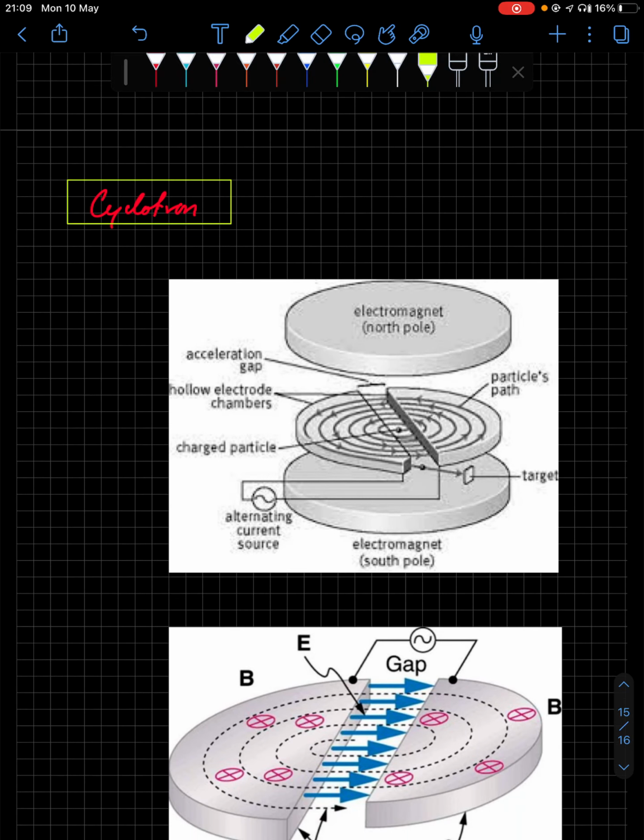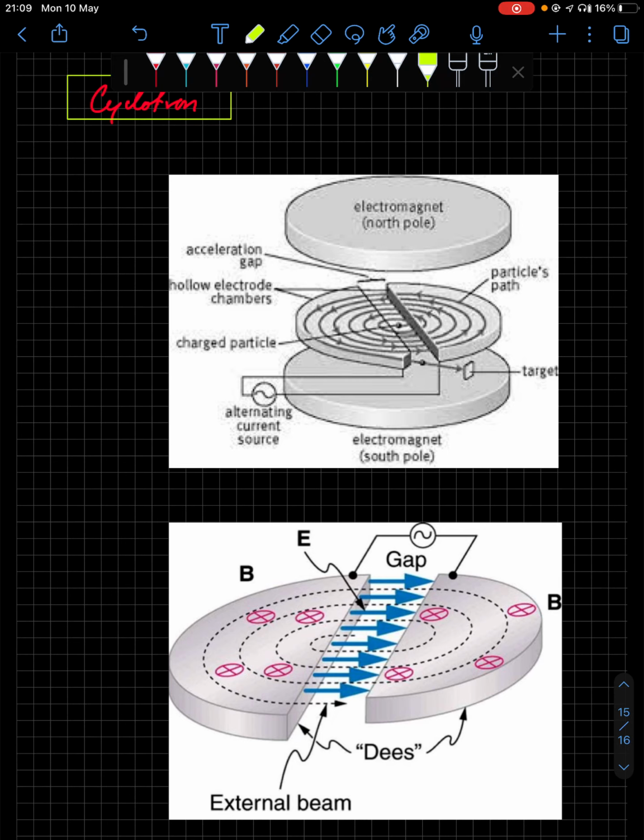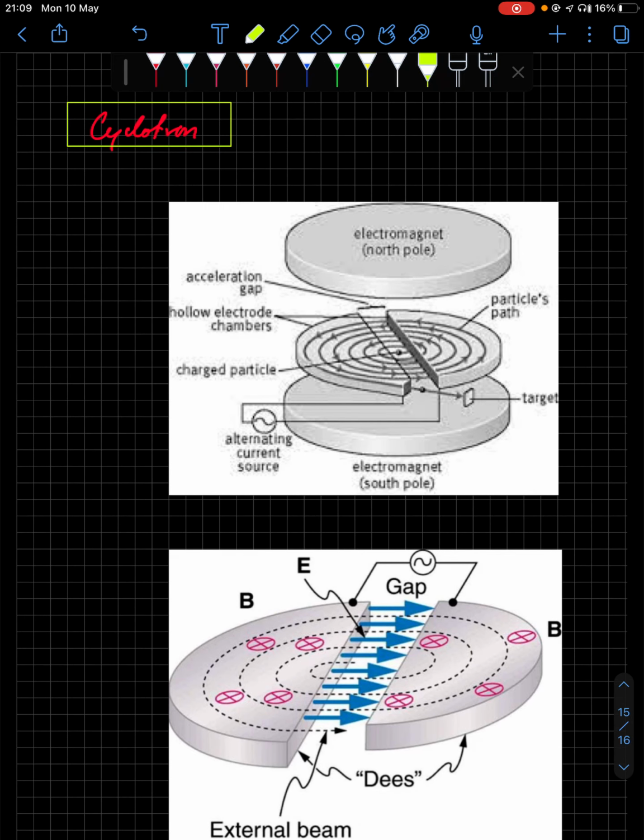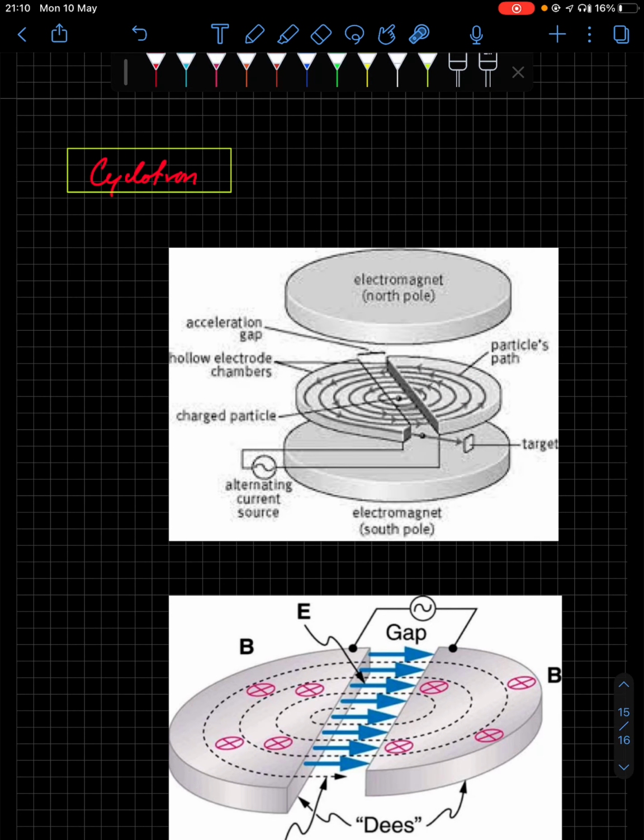Now we come to the cyclotron next, and this is the last topic. We have a couple of relations here which will match the previous expressions. So what is a cyclotron? In a cyclotron you have two electromagnets, a north pole and a south pole. You can see the setup here. In between the magnets you have what you call Ds, two semicircular cases, you can say.